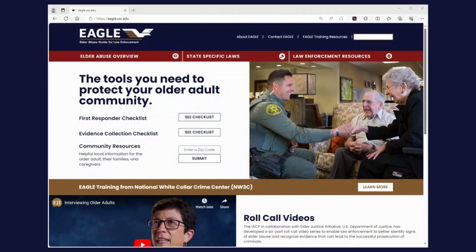The Elder Abuse Guide for Law Enforcement can be accessed by searching eagle.usc.edu in your web browser. Anyone can access the tool, and it is free of charge. Eagle has a user-friendly interface through its red bar grouping system, which is accessible from anywhere on the site's desktop